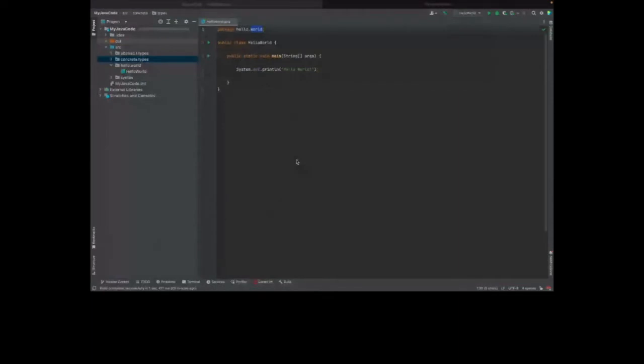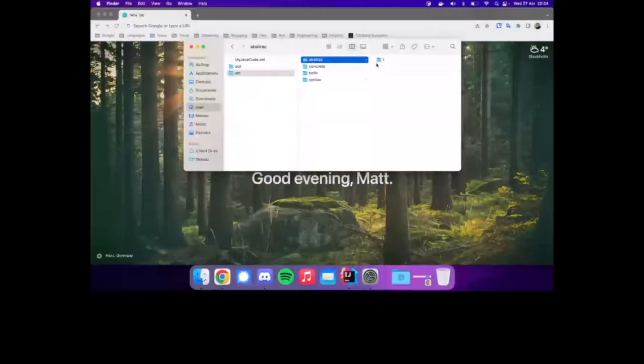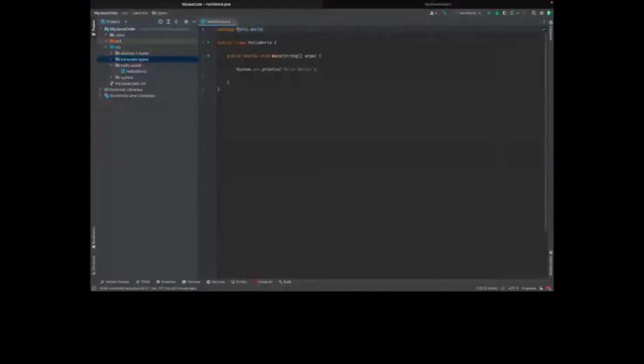So here I've got my folder source. It's got abstract types, and it's got all of my Java files inside of here. So packages are essentially just directories, but then you specify them at the top of your Java file to define where this particular bit of code is defined.